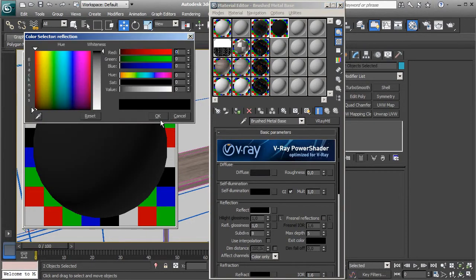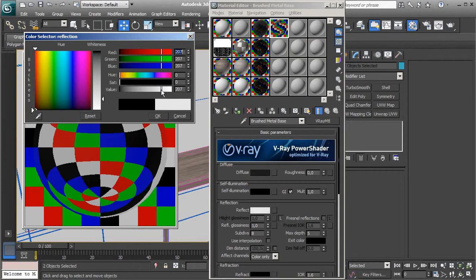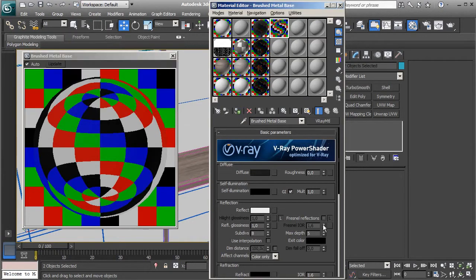Okay, strong reflections, something like that. Turn on Fresnel,